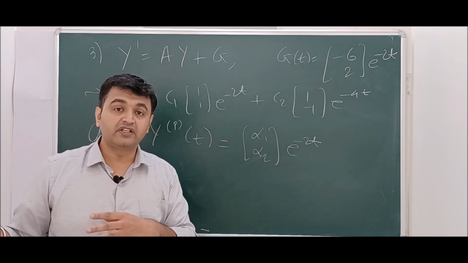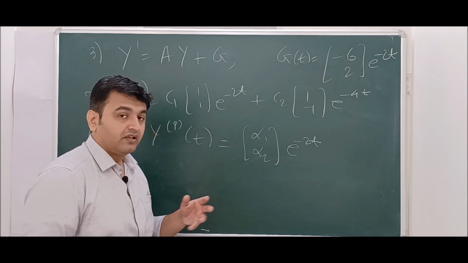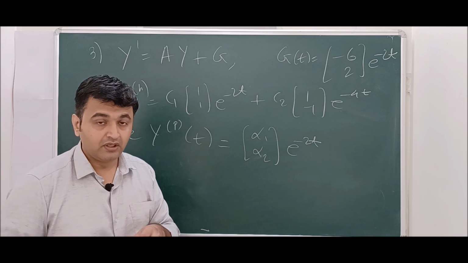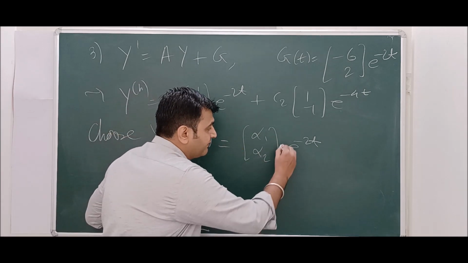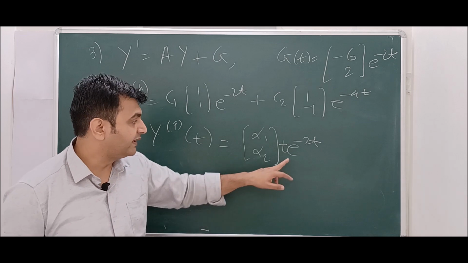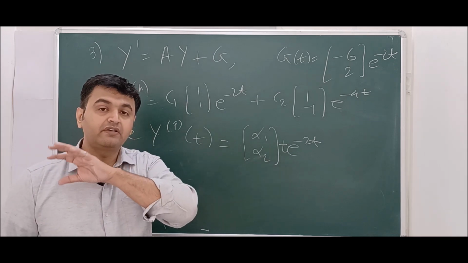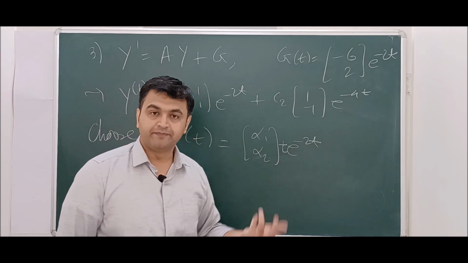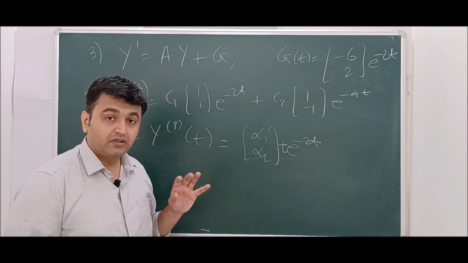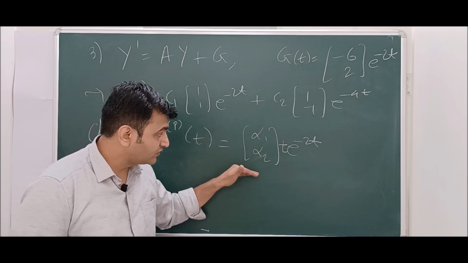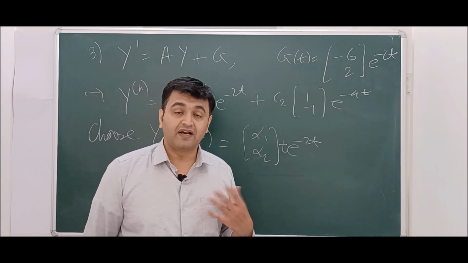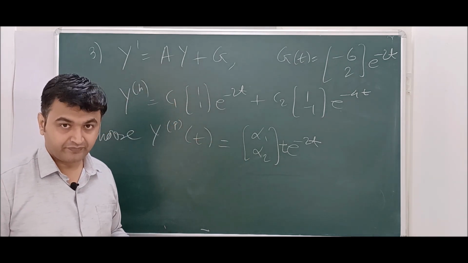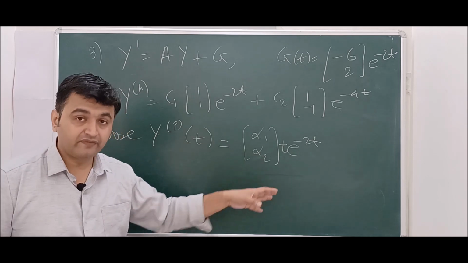If you recall the method of undetermined coefficients for one equation, if it was repeating once, we used to multiply by x, the independent variable. So here it is coming only once, so I will multiply by only one power of my independent variable. It was c x e raised to lambda t; here it is vector times t e raised to lambda t. But there it was sufficient, while here choosing this much is not sufficient. Why so? You find yp prime, plug in over here, and you won't get the answer. Therefore one needs to modify it further.